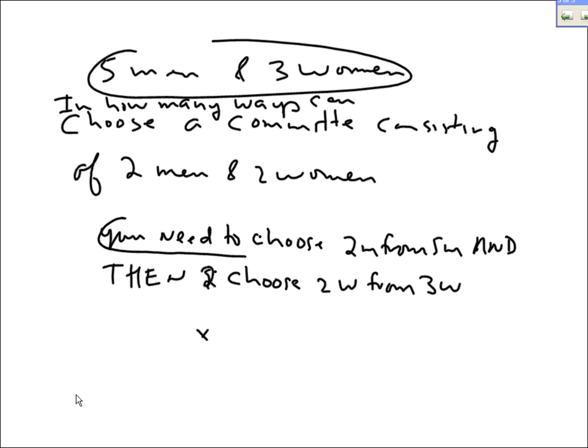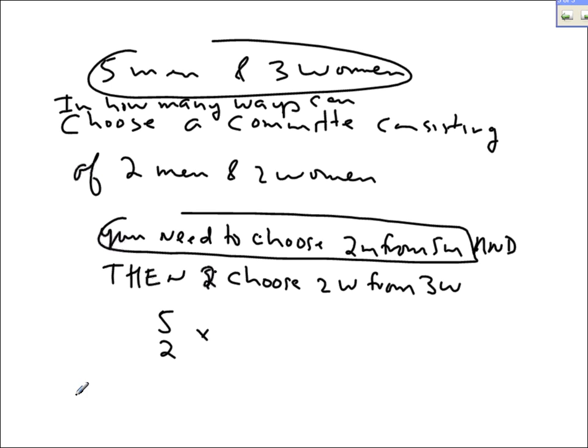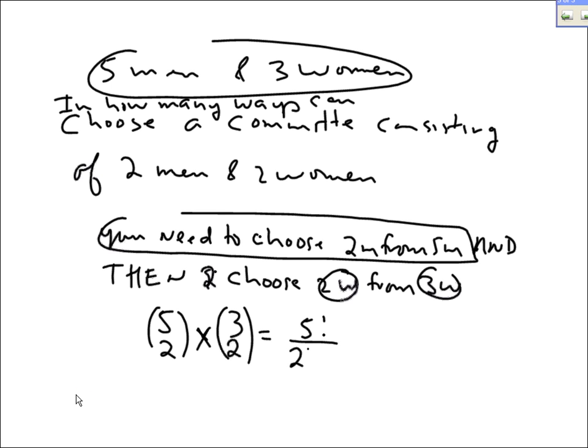You want to choose 2 men from 5. Well, that's 5 choose 2. And then you want to choose 2 women from 3. I want to choose 2 from 3. 5 choose 2. Well, it's the top number factorial, the bottom number factorial, and then the difference, 5 minus 2 factorial, times. Now, the next one, I can write it out the same way that I just did this, but